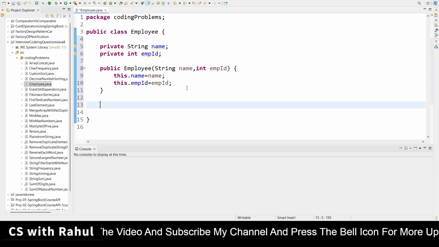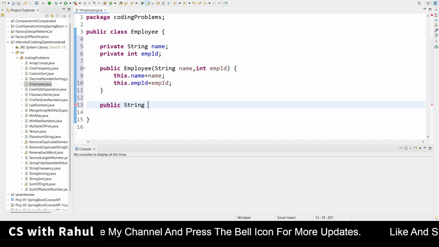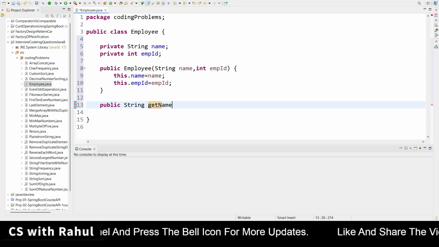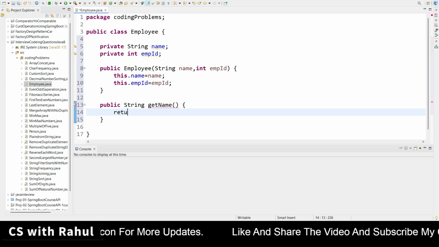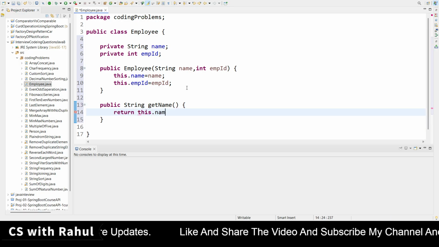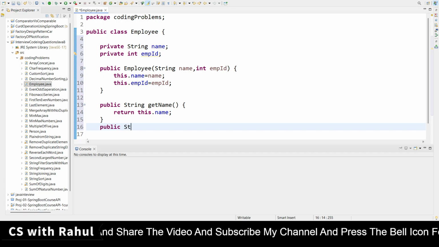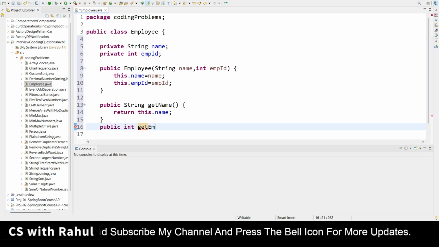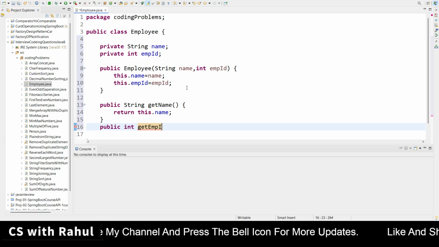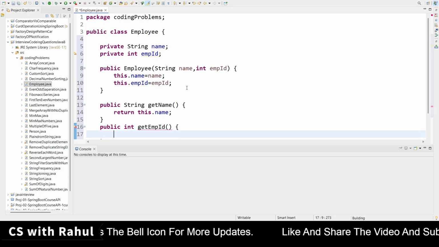So now I'm creating public String getName, with no parameter, return this.name, which is related to the object, and public Integer getEmpId. So here I have created two getter methods to get the value.